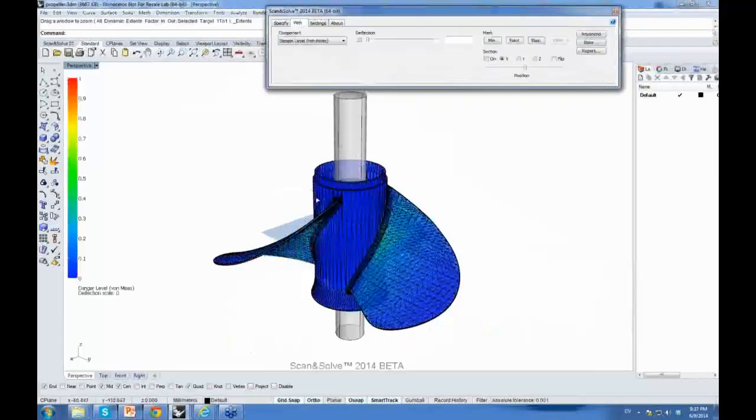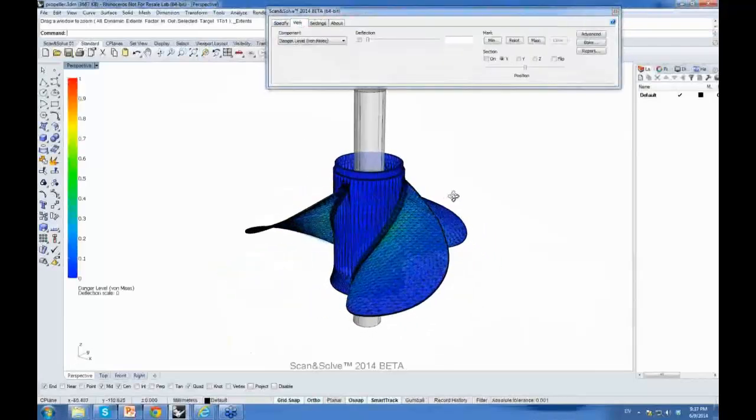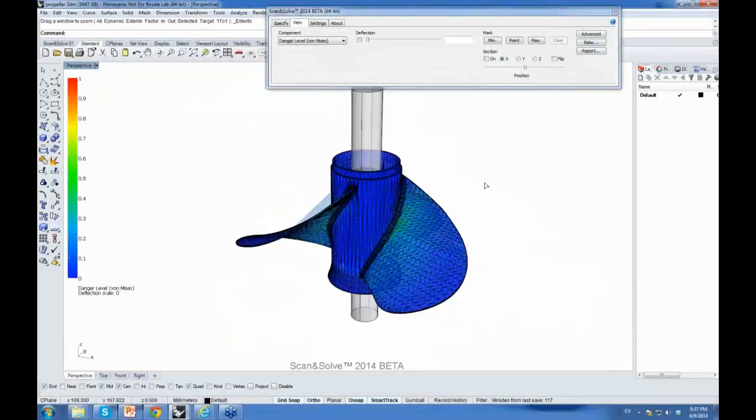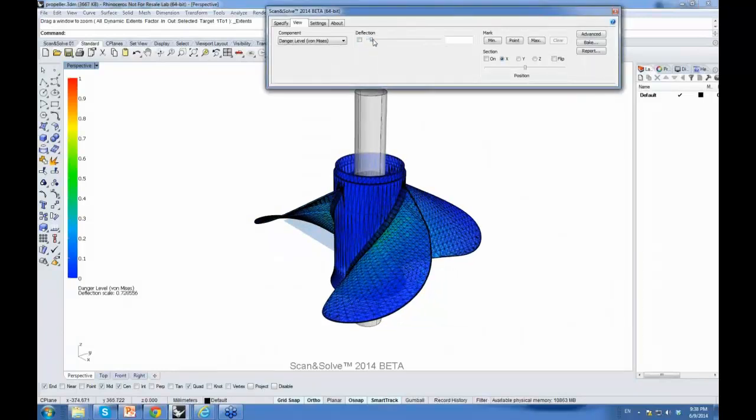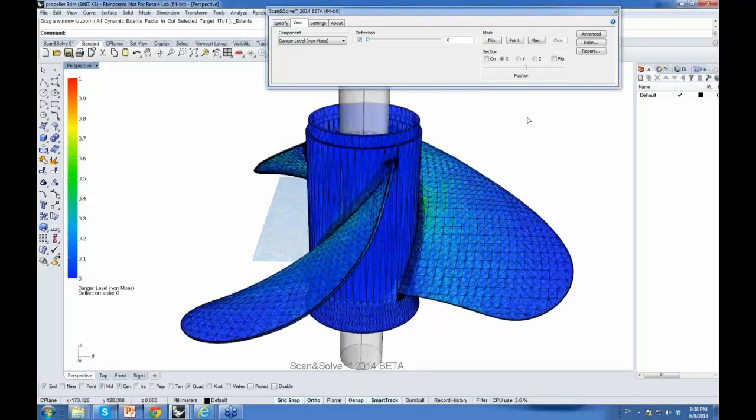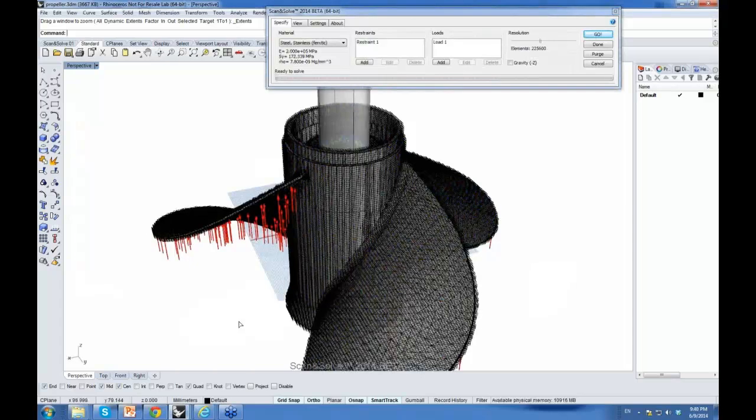Choose view, and you can see the results on a mesh. See the deflected results. Same as working with a regular solid or a poly surface. Okay, so one more thing to show, and that is